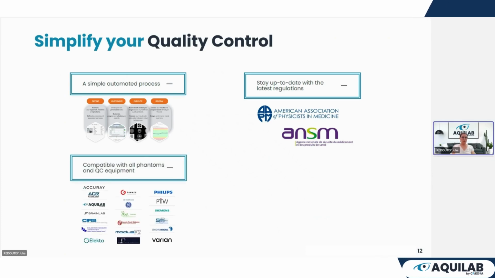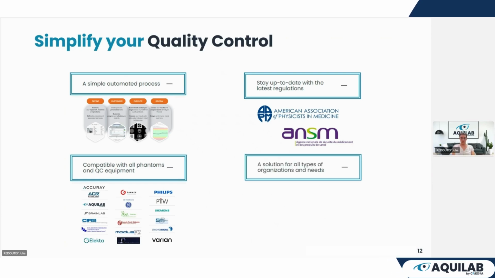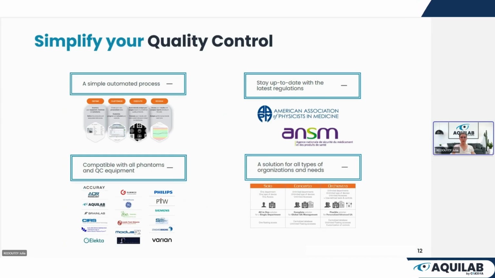It is compatible with all phantoms and QC equipment, and it's a solution for all types of organization and needs. We have 3 formulas that can meet your needs: the Solo one, the Concerto one, and the Orchestra one.